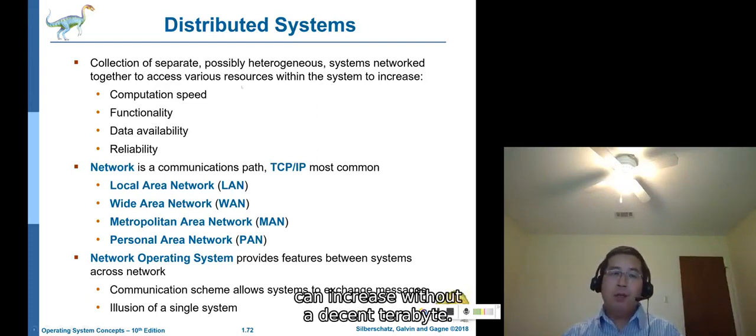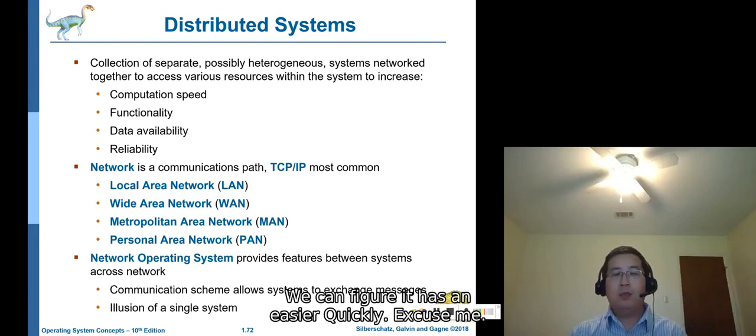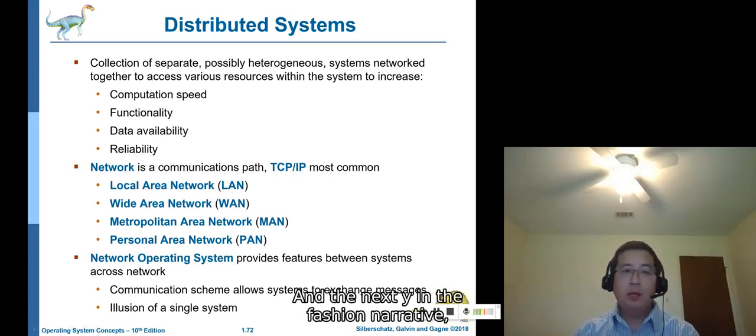It can increase resources, for example, computational speed, because all the nodes can do the same task at the same time, so we can finish the task more quickly. The next one is functionality.